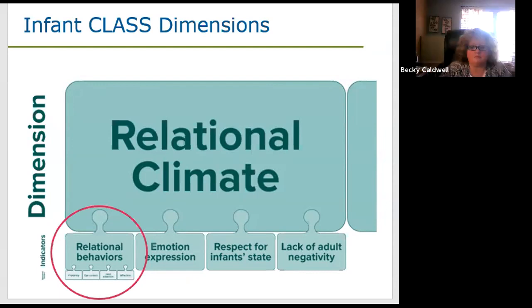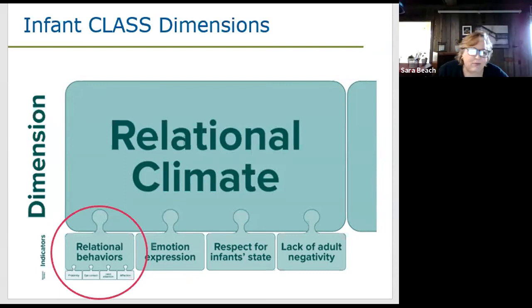I know it's a busy time at your centers. You never know what's going to happen. But let's talk about the relational behaviors that we want to see. The kinds of behaviors you already mentioned early: proximity, sitting on the floor with them or being in proximity, holding them close, eye contact, paying attention, joint attention, and affection. Those are the 4 basic behaviors we're talking about.